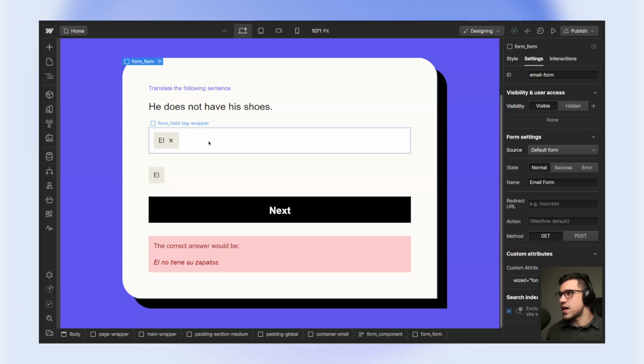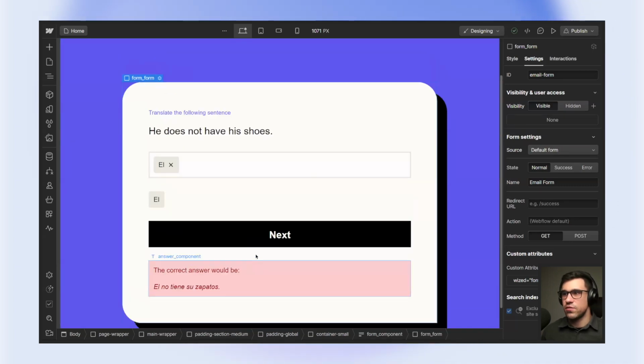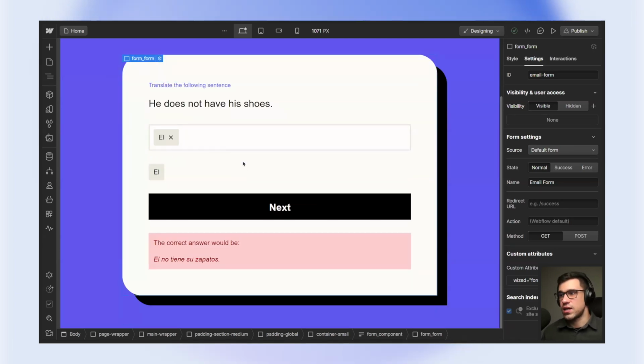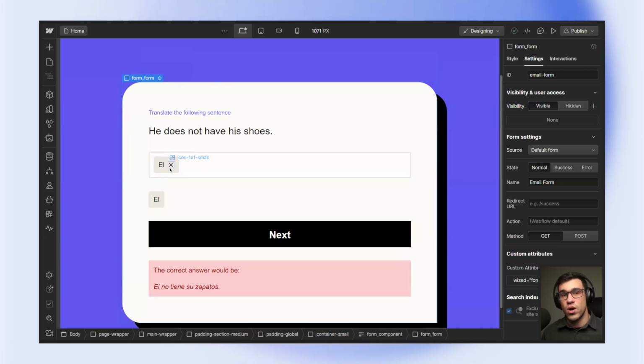So yeah, let me first guide you through the Webflow build, and then later we're going to see what it is that we need to get from ChatGPT, and then how we are going to get this information. So the idea behind it is that we have a multi-step form here, and that we have 10 steps. Now, of course, we could change these language learning modules as we want later on, but that's the general idea behind it. So for now, we're just having one simple exercise that we're getting from ChatGPT,